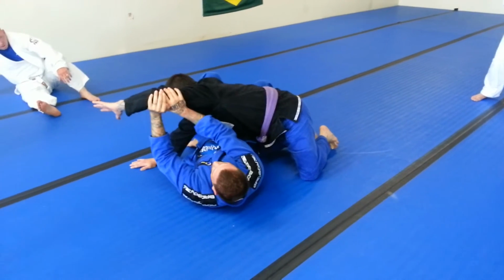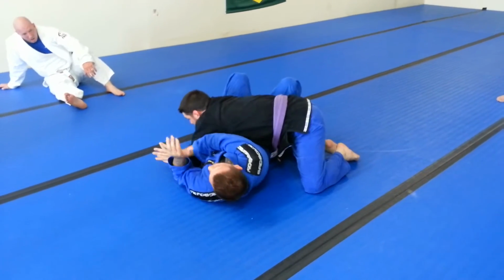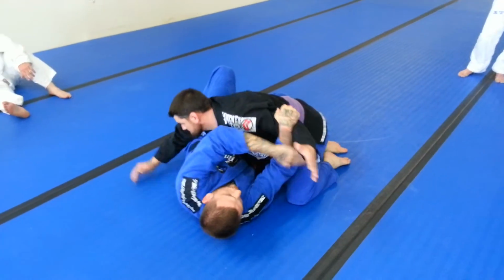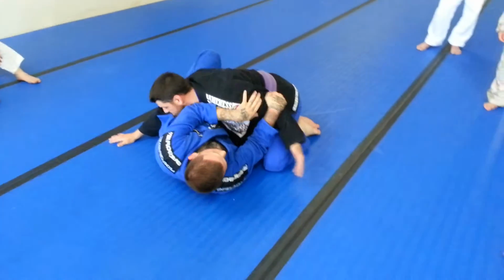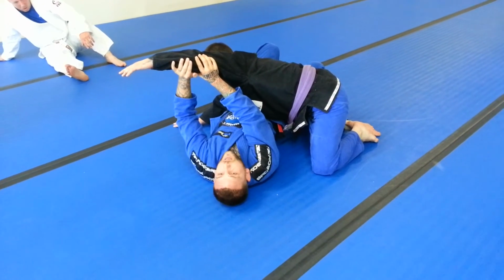Then this hand's going to switch. So even though I had control with the right, the switch doesn't work that well this way. Watch, pass your hand over. Like I can't really get my arm there without him grabbing my head too well. So I got to do one little pass here. It goes up, I control, and then I pass to this hand again. So it'll be my right hand in the beginning and my right hand in the end if I'm on this side. He passes, I control, and then the next thing I got to do is sit up and get on